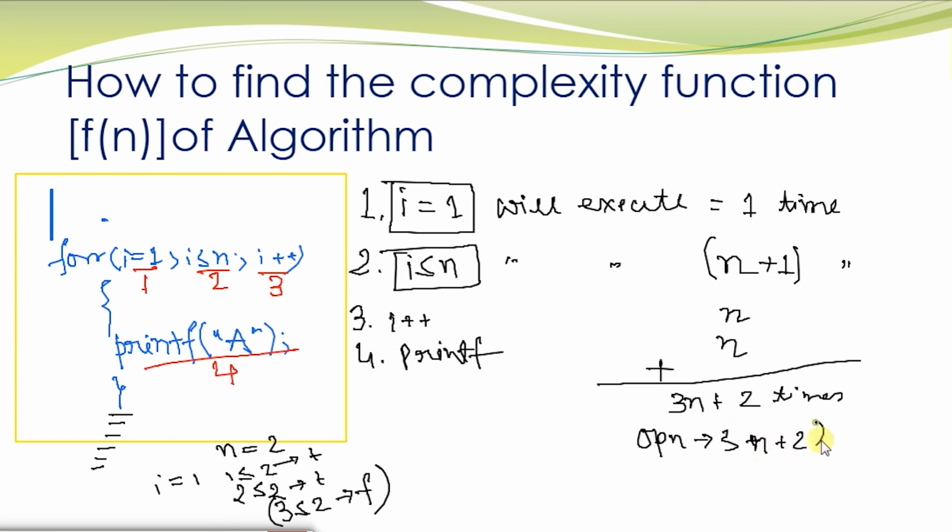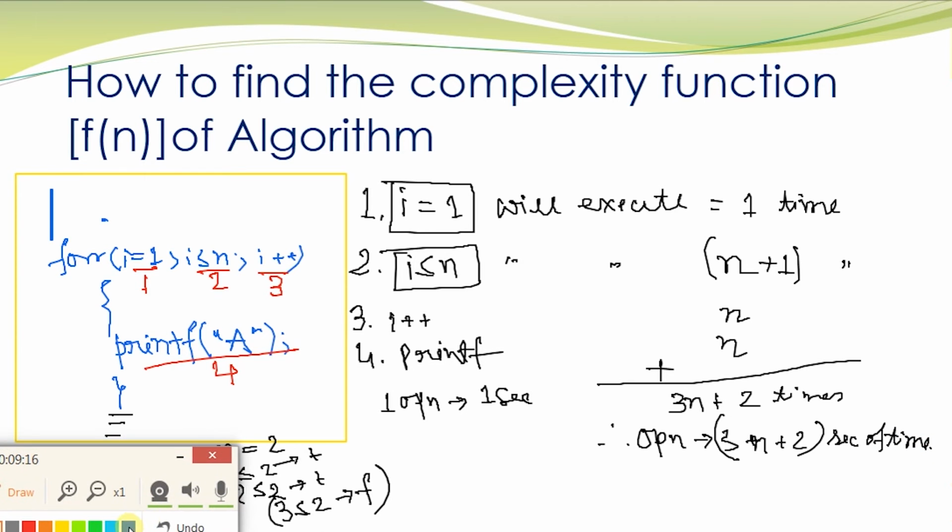Now if one operation is taking 1 second of time to execute, then 3n plus 2 operations will take 3n plus 2 seconds of time. Fine, am I right? So now if the same thing you are asked to represent in a graph, how will you represent that? Suppose on this axis we are expressing input, and on this axis we are expressing the time growth,